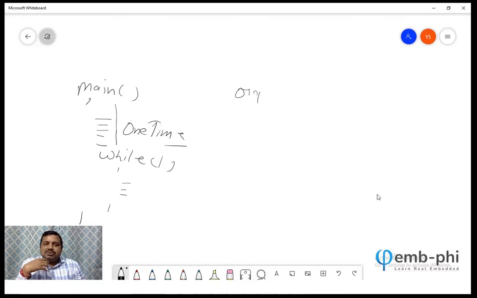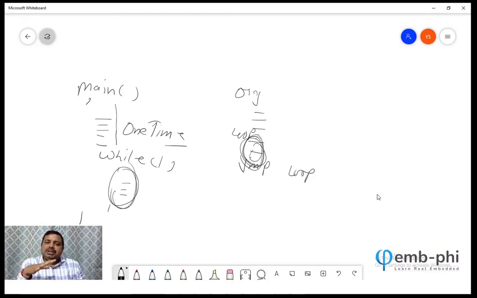Like we can say org, and then whatever our initialization part is, and then we can say jump to a loop kind of thing. Also the loop will be somewhere here. So in assembly also it will be sitting here, and in C also we are sitting here like that. So an embedded application we are writing like this.